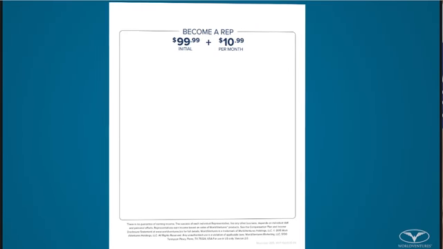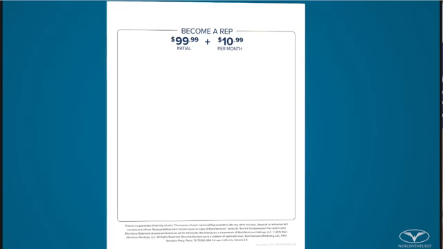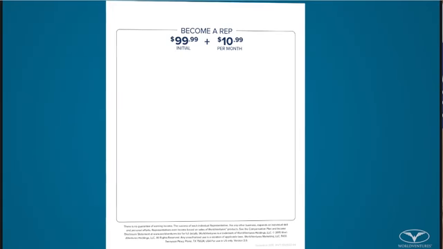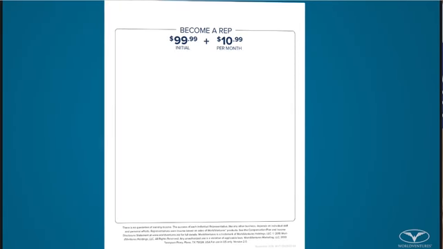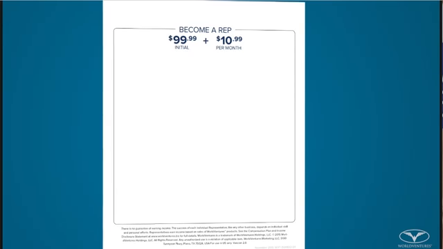Okay, the last page here that we'll talk about is how somebody can become a representative. They've asked me the question at this point to say, is it possible you can make income with this? And so I'm going to walk through this in a real basic format. And so the way I do that is simply to start with,